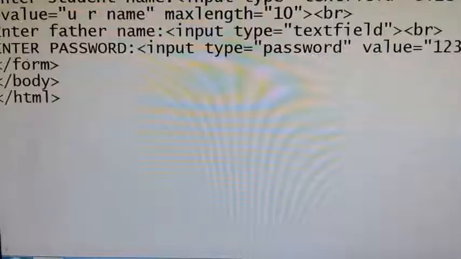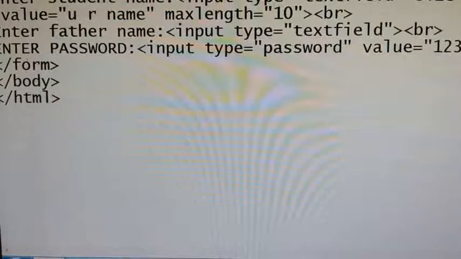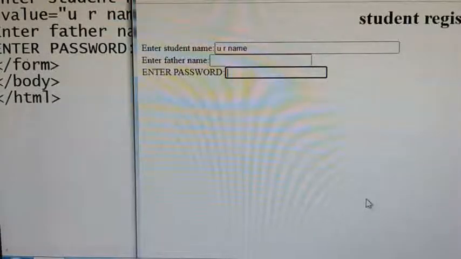So here more attributes I am adding. Max length. Max length equals to, example, again 40 I am giving. We'll see if it will display or not. You observe this present size, no?